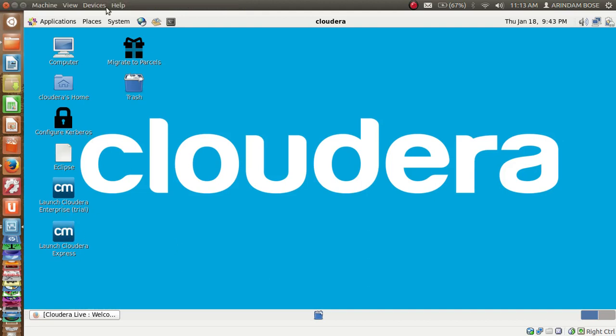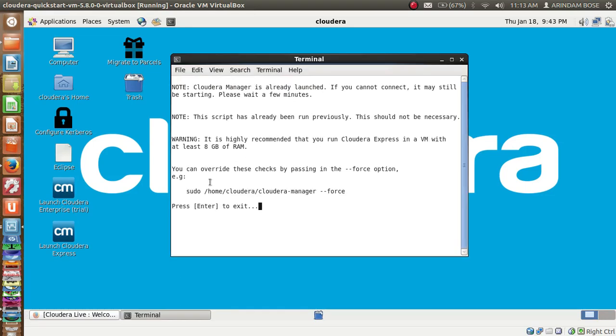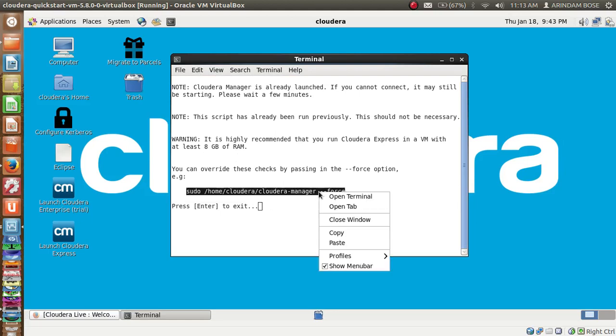I'm typically using the 5.8 version. So the first thing that you need to do is, sometimes the window which is there does not start. So I would be going and starting with this thing. So see, once I click that, this comes up, right? So what I would do is I would just copy it, then I would open terminal,